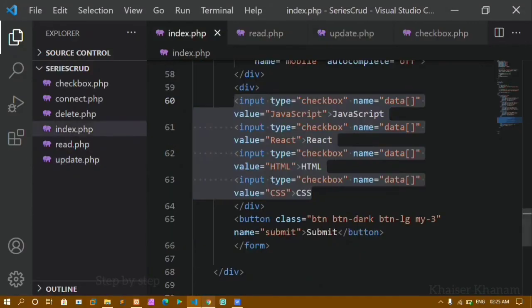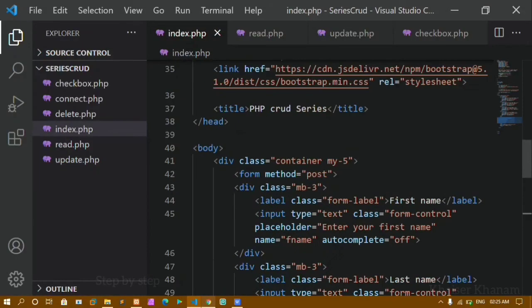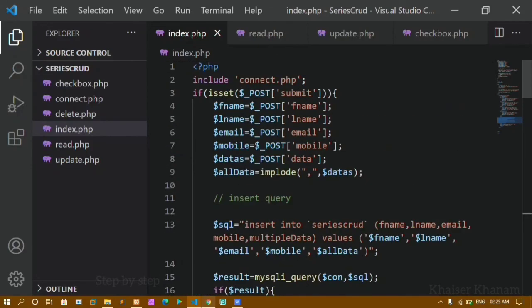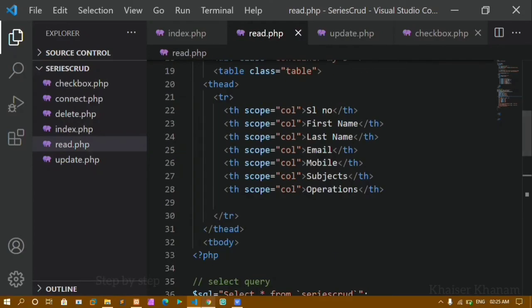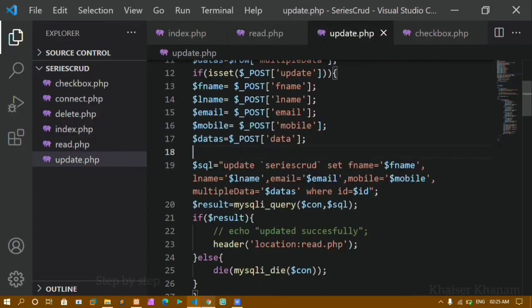We have already seen how to convert into strings. Here I'm having this implode method. I'll just copy this one. I'll just copy this and here I'll be pasting that implode method, okay, where I have fetched inside update.php. Here I'll be writing this implode. I'll just copy this one and now this all data will be having all the values. So while fetching the data, while getting the data inside the table, I'll just give this variable here, okay, which is having all the data.